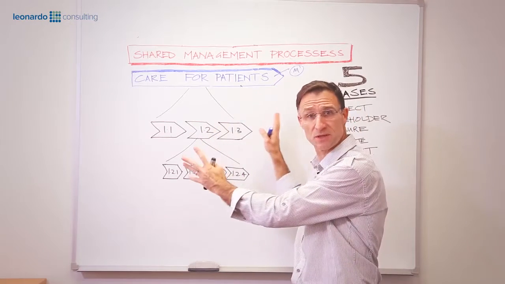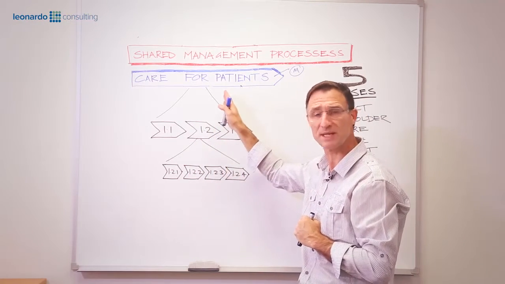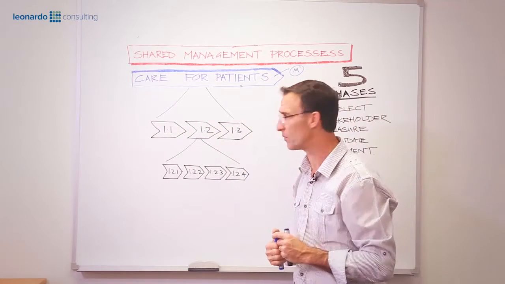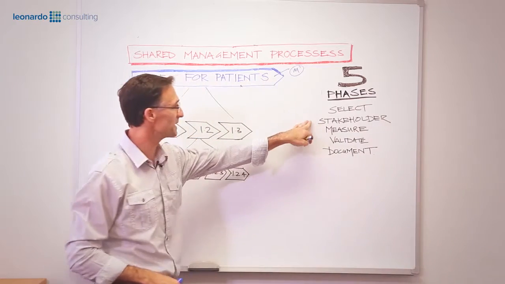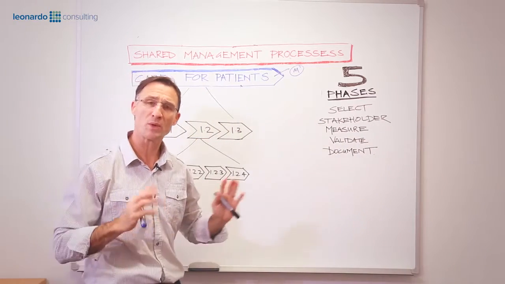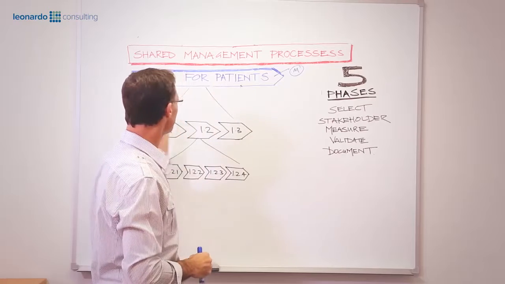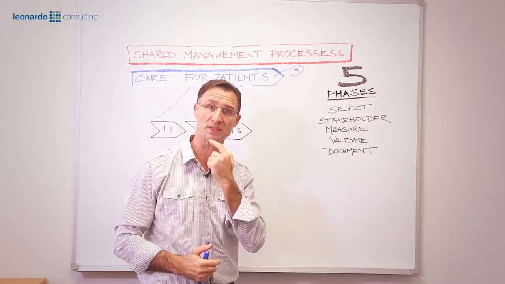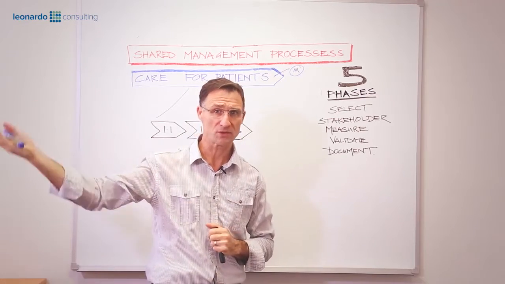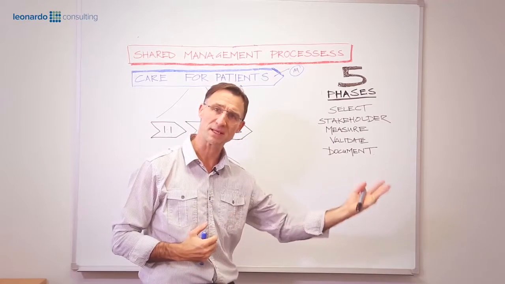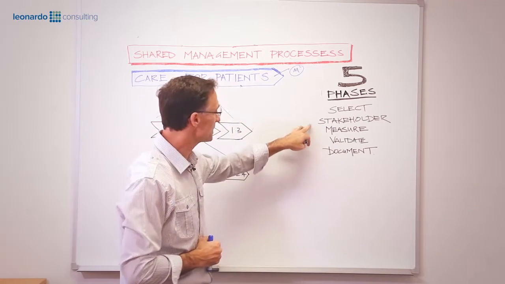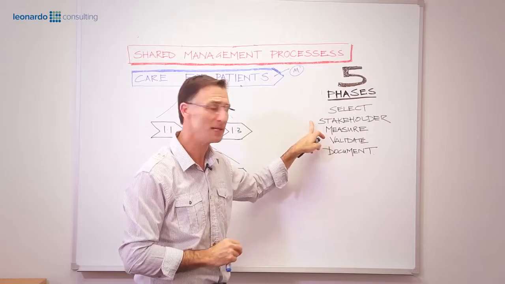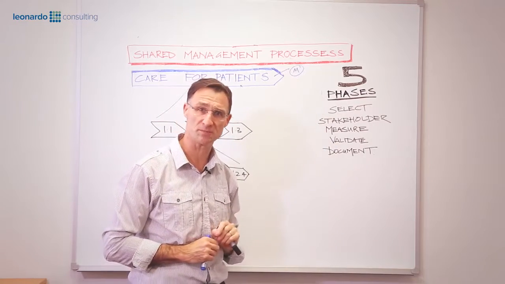We want it in the process architecture so that we can understand where does it fit, what is the impact on it, and how does it reflect and how does it perform. So if we have a look at the next phase, it's stakeholders. Well, which stakeholders are involved in the care for patients value stream? It may not be all people within that organization, and it may not be certain regulatory bodies or other stakeholders in the industry. So it's understanding who these people are, and sometimes that is the customer, and involving them in understanding what should these measures be.